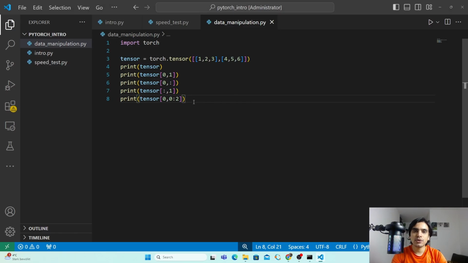You can also do it for Boolean operations. So how can you do it? For example, again copy it and paste it here. This time you need elements that are greater than, for example, 3 or 2. So you can